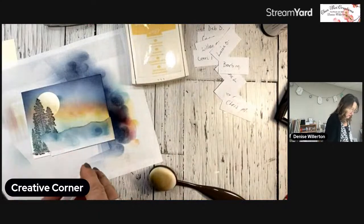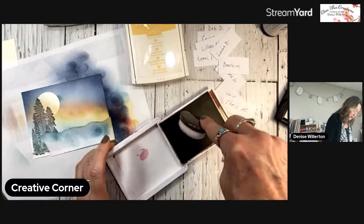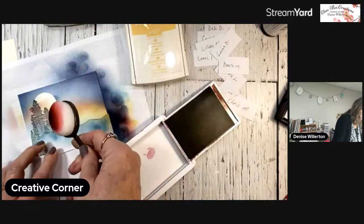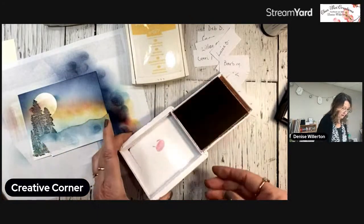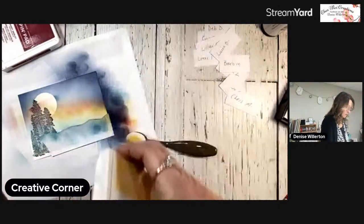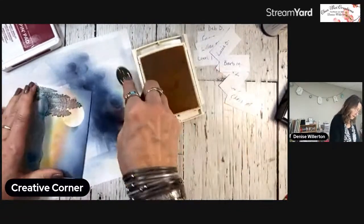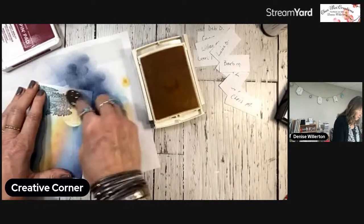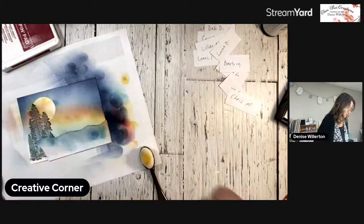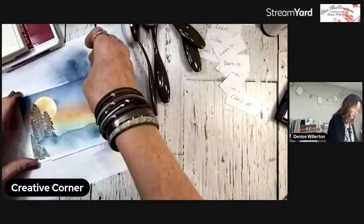Sometimes what I like to do is I will take a brush and I will pick up some color just on the edge and I'll swipe. That was a little more than I wanted, but let's leave it at that. Let's grab a small blending brush and let's see if I can tone that down a little bit. I don't want to go too much. Okay, now if I remove this mask,